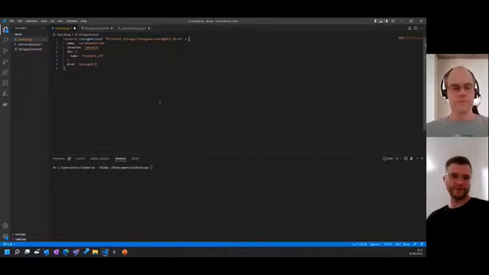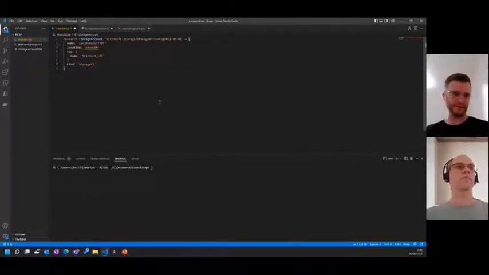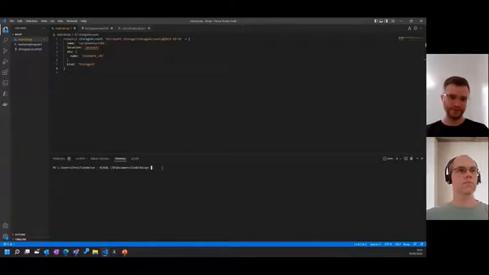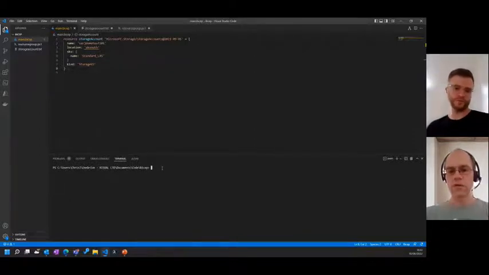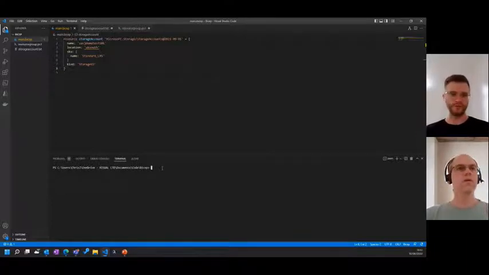Yep, so if we save that file, then that's our Bicep template complete, really. That just deploys a single storage account. So then, as you can see down the bottom, we've got the terminal open with PowerShell, and you can type the PowerShell command in there to deploy our Bicep file into a resource group. But it depends if you've got a resource group already. You might just need to create one first. I don't actually, so